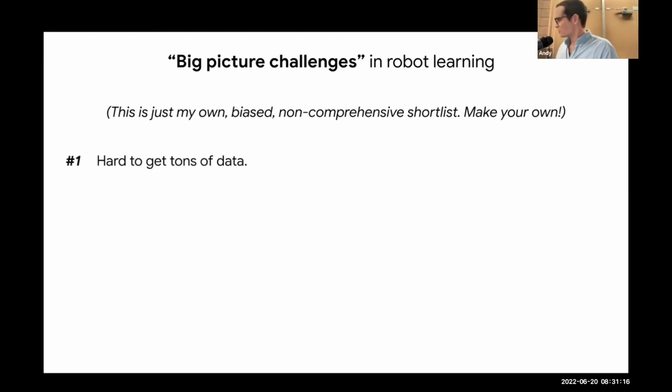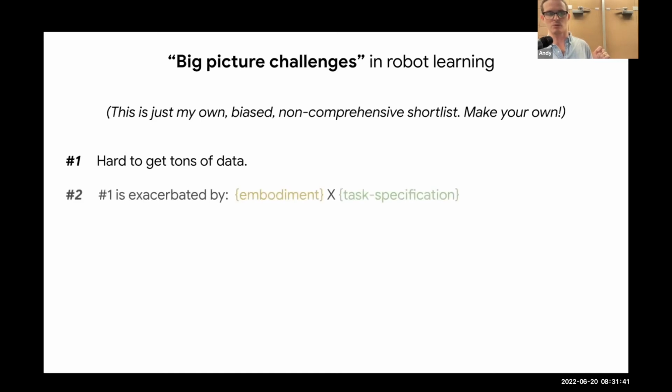So I would say my number one is that it's very hard to get tons of data. If you want to do learning, by definition, you kind of need data. In robotics, we can get a good amount of data, but it's very hard to get a ton of data. And I think that is one of the fundamental challenges of the field. And I put it as a separate item. Number two here is just exacerbating number one, which is that number one is exacerbated by the embodiment across task space